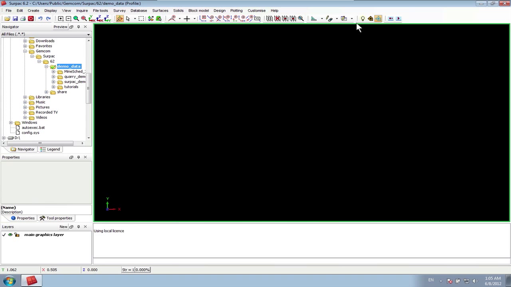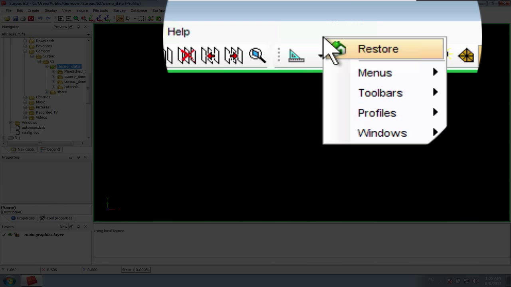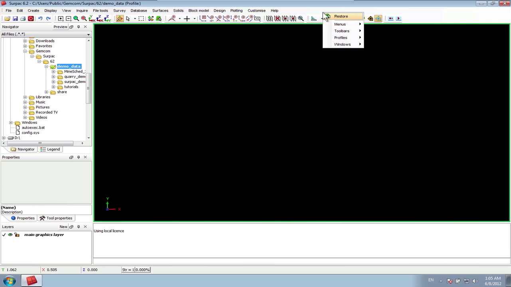Everywhere in the menu and toolbars, when you use the right mouse and click, you will see a pop-up menu for setting up menu and toolbars. Because there are lots of menus and toolbars for working in Surpac, setting up menu and toolbars will depend on your specific job. For example, if I want to set menu and toolbars for pit design, I will use in the menu